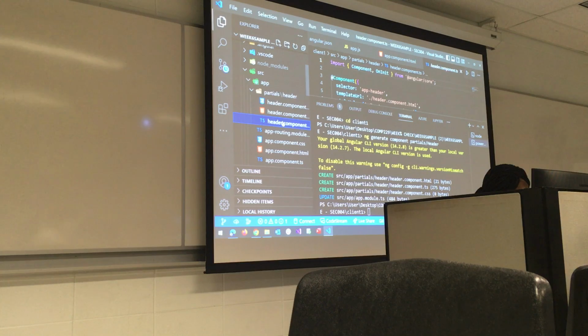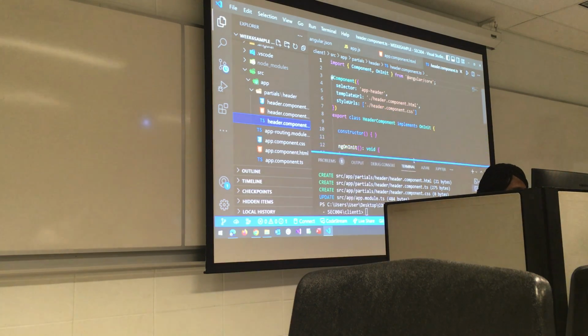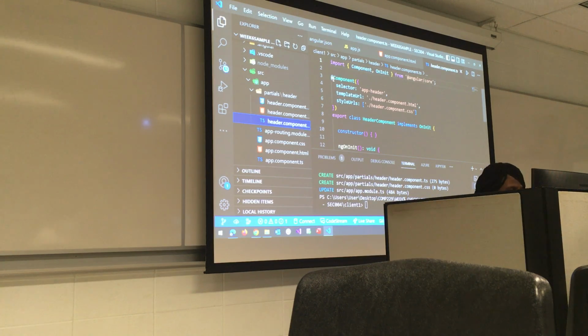Right. So we'll copy. Let me scroll down. So in the components, we have the component as component. We have the selector, which is app-header. Right. So we'll copy this selector app-header.